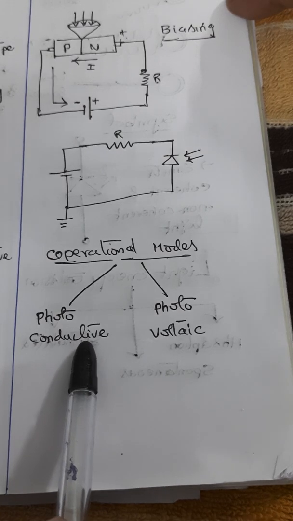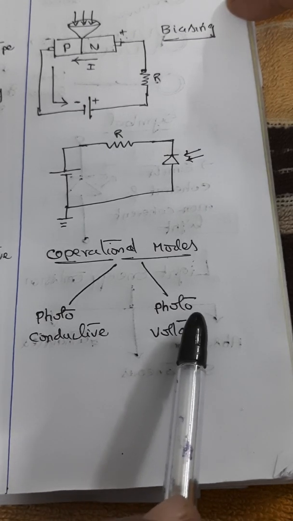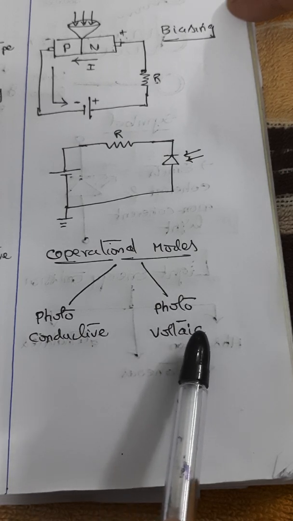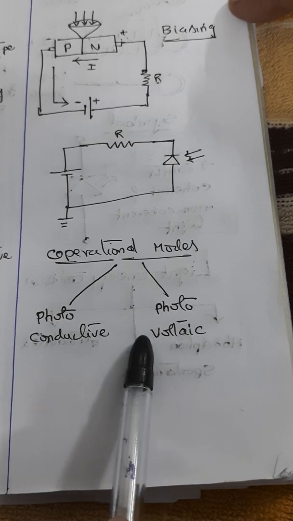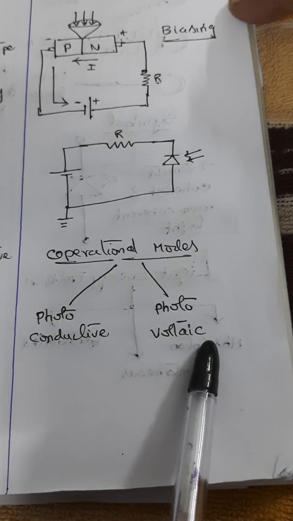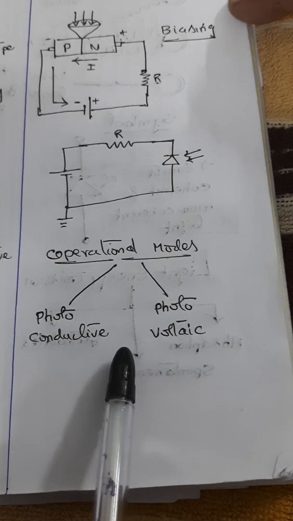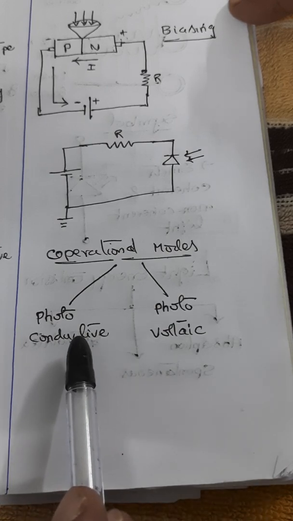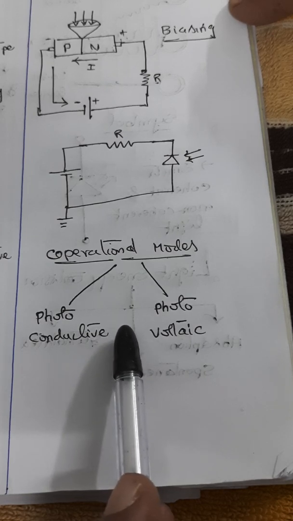When an external circuit is connected to the photodiode after the removal of the reverse biasing, the minority charge carriers in both the P as well as N region rejoin. They will return back to their original region. It means that the electrons which crossed the junction from N type to P type again move to the N side with the help of the external circuit. That is possible. I am repeating.